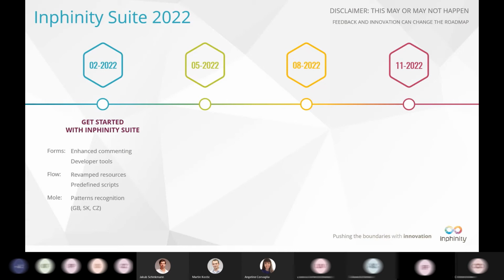When it comes to Infinity Forms, we enhanced the commenting. Especially for large companies, this form object commenting is the first front-end extension of Infinity Suite they try. So providing the high standard of collaboration makes them even more interested in exploring the rest.